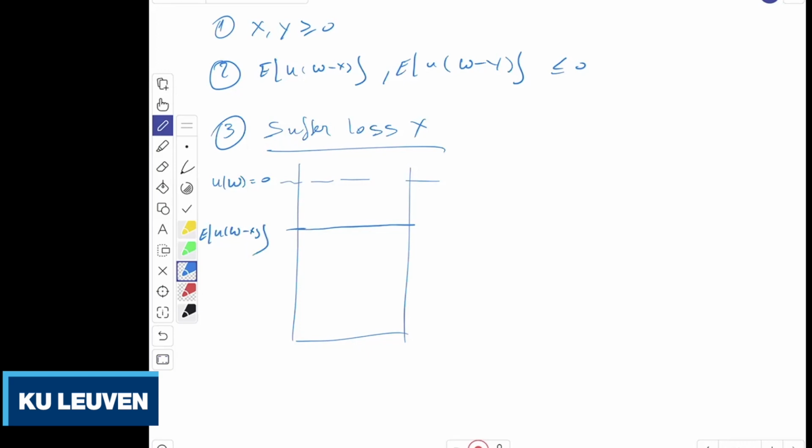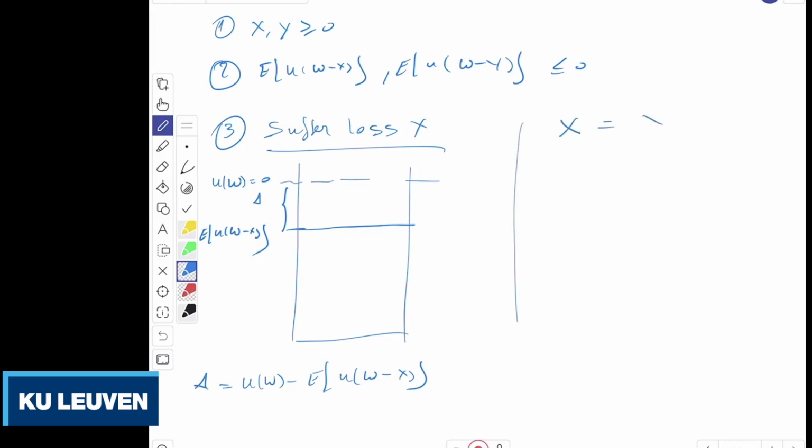And this difference here, which I can call, for example, delta. Delta is the drop in utility from being exposed, from suffering the loss X. So delta is U(W) minus the expectation of U(W minus X), where in this case we assume that U(W) is 0, but in general, you get this delta. Okay? So now assume